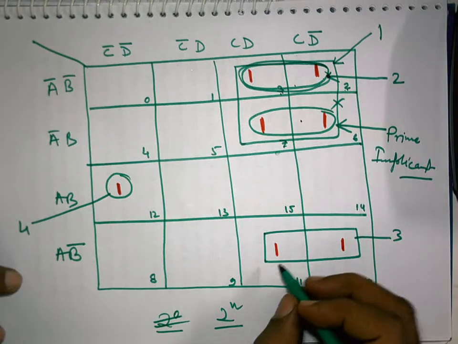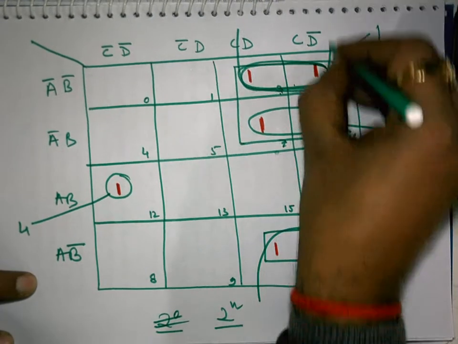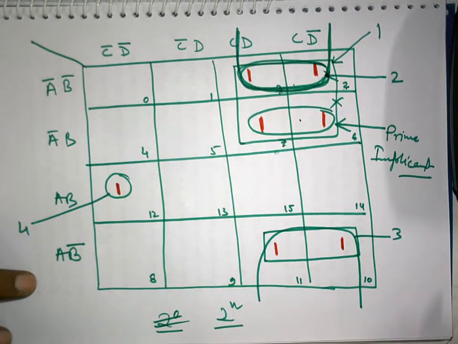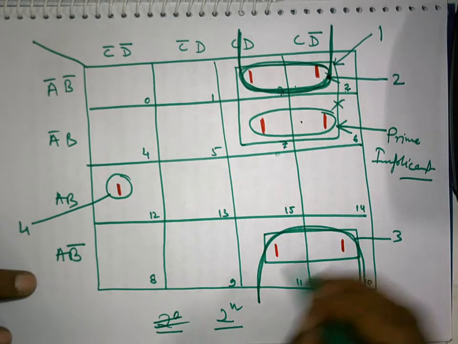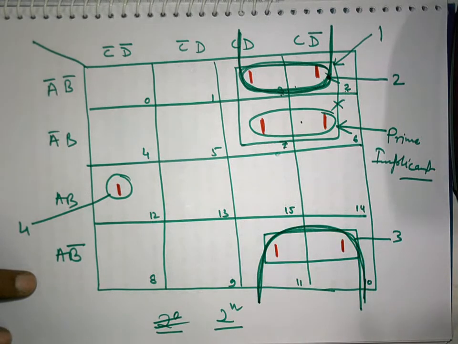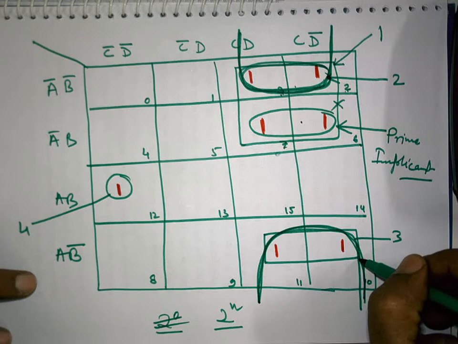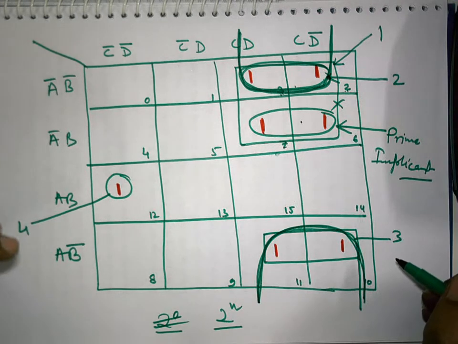If you see quite thoroughly, you can encircle these two ones with these two ones to make a quad. This is quite a wise decision. It will make this implicant also a prime implicant, and this incorporates two ones which are fresh. So this is a valid group also. So this way, making this kind of wise decision in grouping, you can minimize the expression which is required for the realization of the logical circuit.